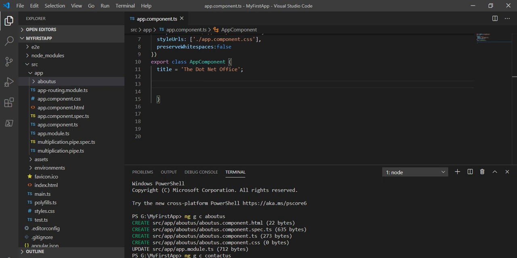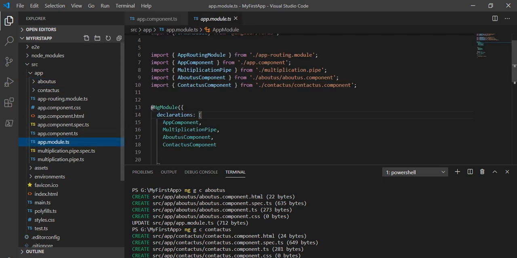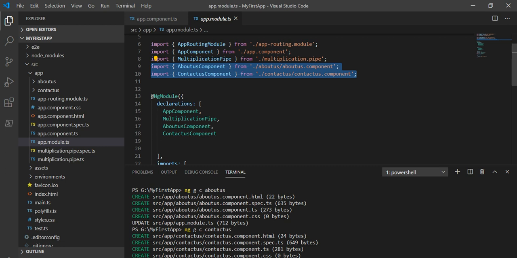So it will create another component for us. Now, after creating the components, first we have to modify app.module.ts, since these two components should be imported in app.module.ts. For us it was automatically imported, and it was already added into the declarations section, these two. So first we have to verify that both components are attached here, and next we have to go to the root file.